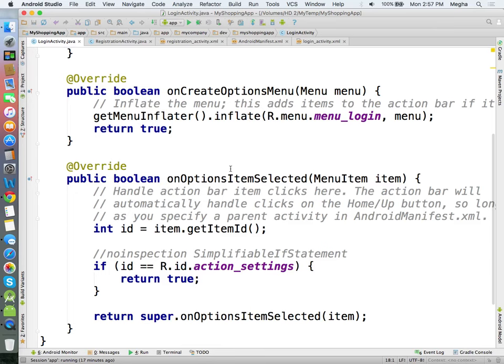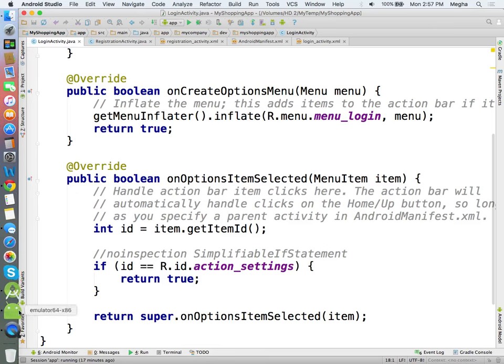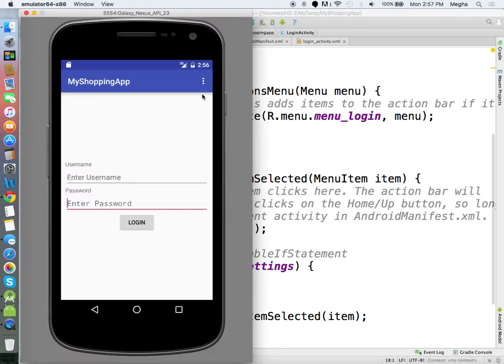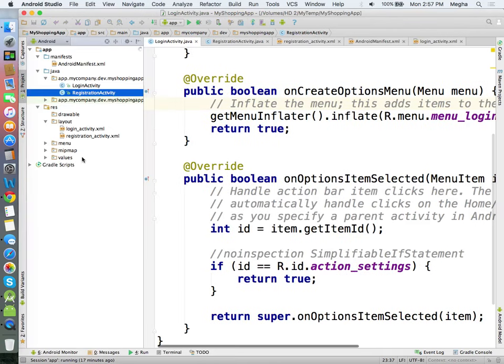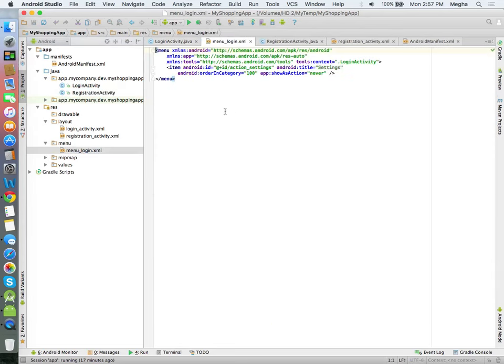See, in this case, which is already doing this, see this settings, it is a different XML file. Where is it actually? It is inside a folder called menu, and menu_login.